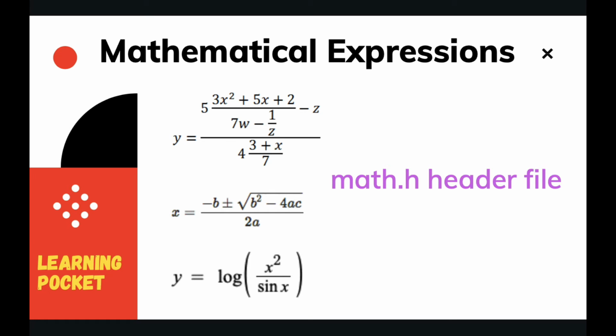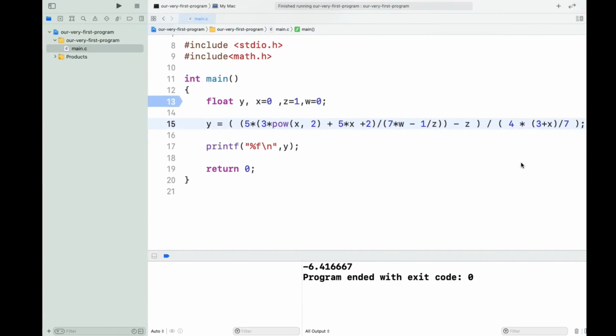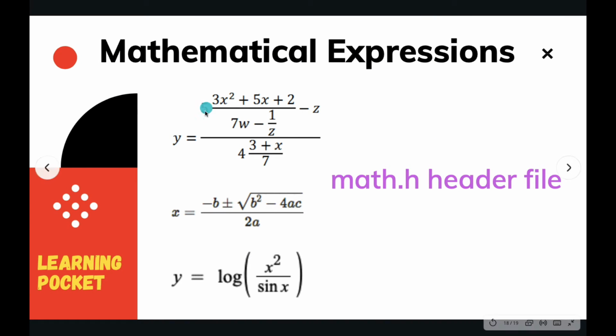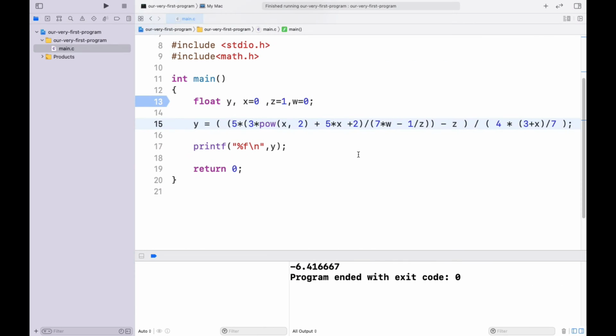These are very important, and they make things clear about what will be calculated first. So I have put this whole thing, 3 to the power x plus 5x plus 2, in a bracket, then this in a bracket, and then the whole in a bracket and multiplied by 5 minus z, then this whole in a bracket and divided by, I hope you get my point.